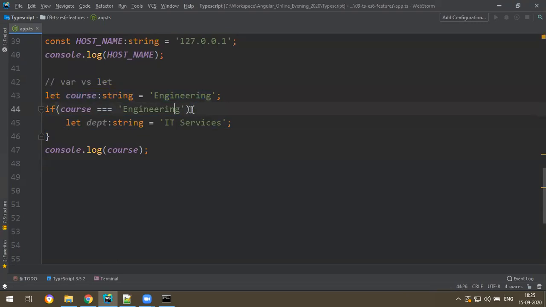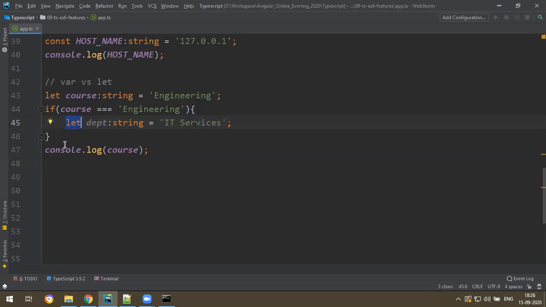The if statement block is from this curly brace to this curly brace, so this is a block. You declare another variable inside a block. What the programming rule says is, if you declare any variable inside a statement block, you must not access that outside. That's the statement block rule. But the difference is, if you declare with let, you can't access it, as per the rule. But if you declare with var, you can access that. It violates the block scoping rule.